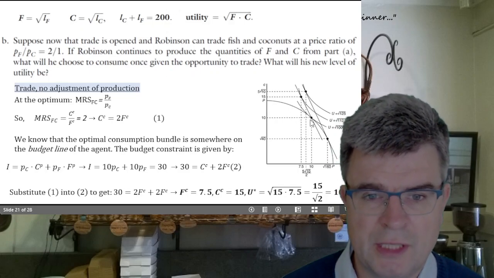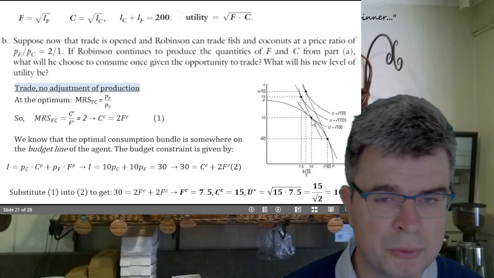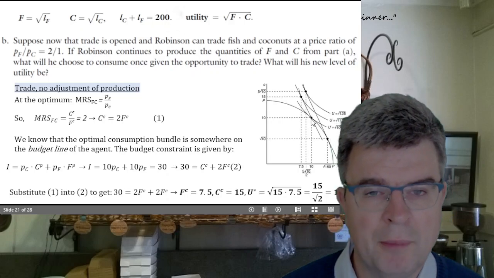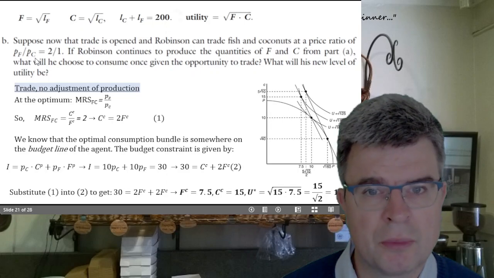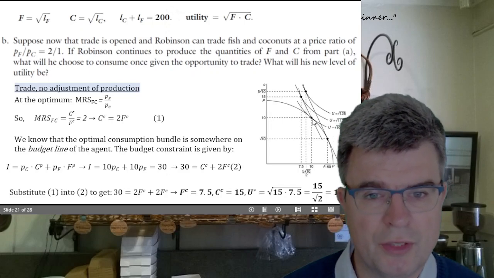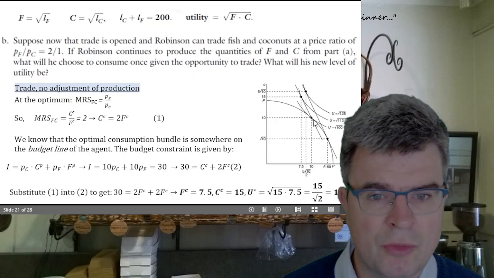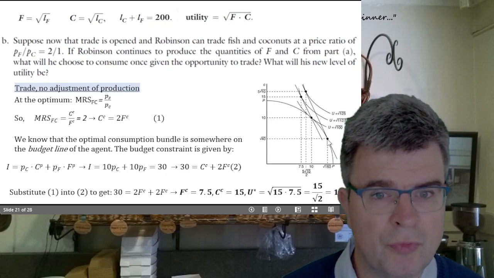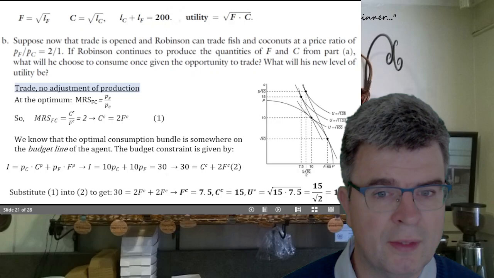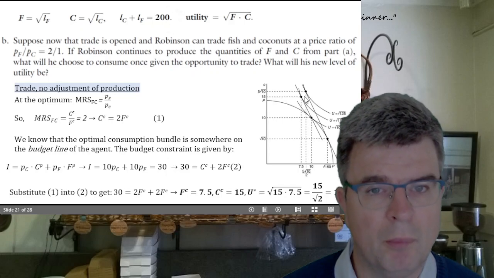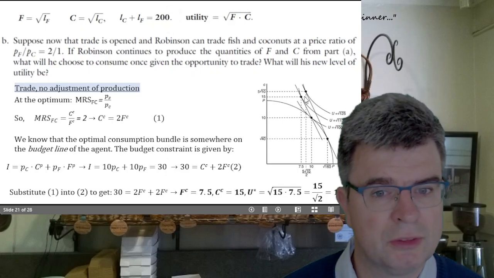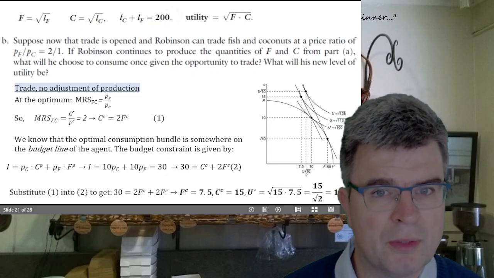So in question C, Robinson is allowed also to adjust his production. And what we will observe is that, realizing the quite favorable world prices for fish, he will decide to produce more fish and less coconuts, and then by trading some fish on the world market in order to buy more coconuts,